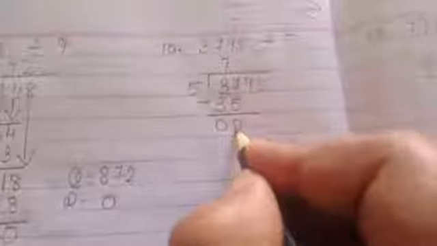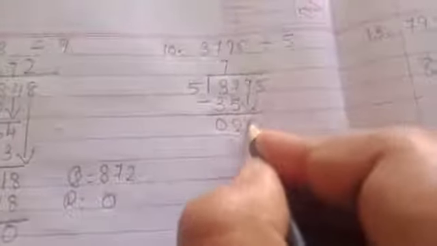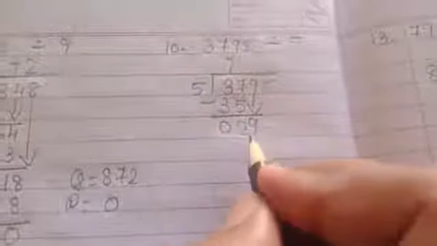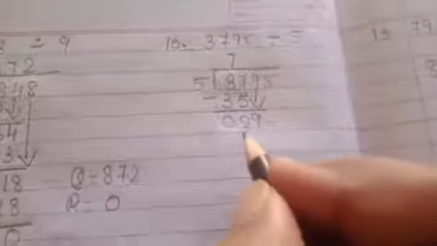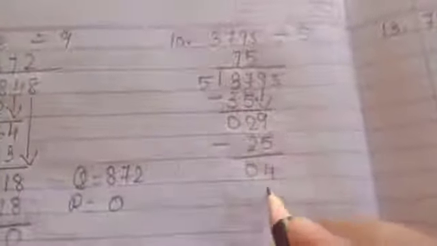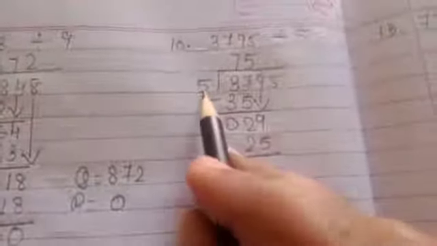Now we will subtract. 7 minus 5 we will get 2, 3 minus 3 is 0. So 2 is the smaller number, so we will carry down this 9. It will become 29. Now in 5 table when 29 will come, 5 5s are 25, 5 6s are 30. So 30 is the greater number, so we will take 5 5s are 25. Now 9 minus 5 is 4, 2 minus 2 is 0. Now 4 is the smaller number compared to 5, so we will carry down this 5.